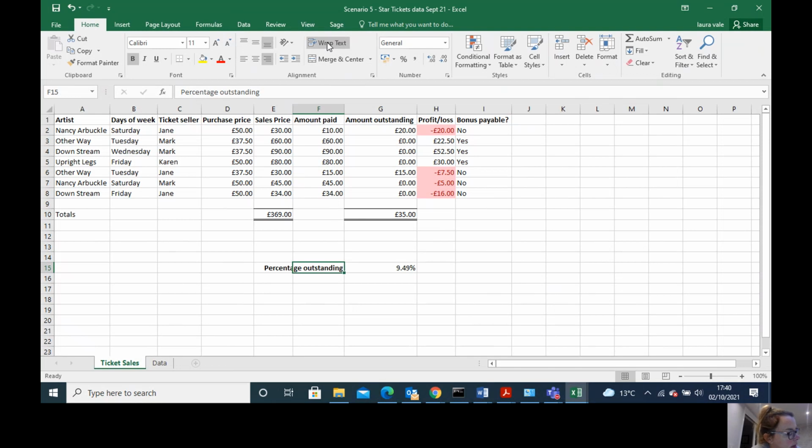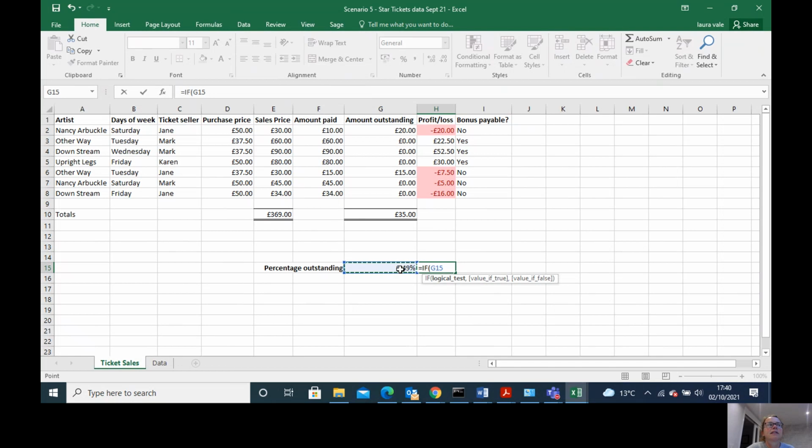In cell H15, here. Create an if function that determines whether the percentage would be acceptable. So we were told that it cannot be greater than 10%. So if this, so up to and including 10%, we're going to say okay. So if this is less than or equal to 10%,